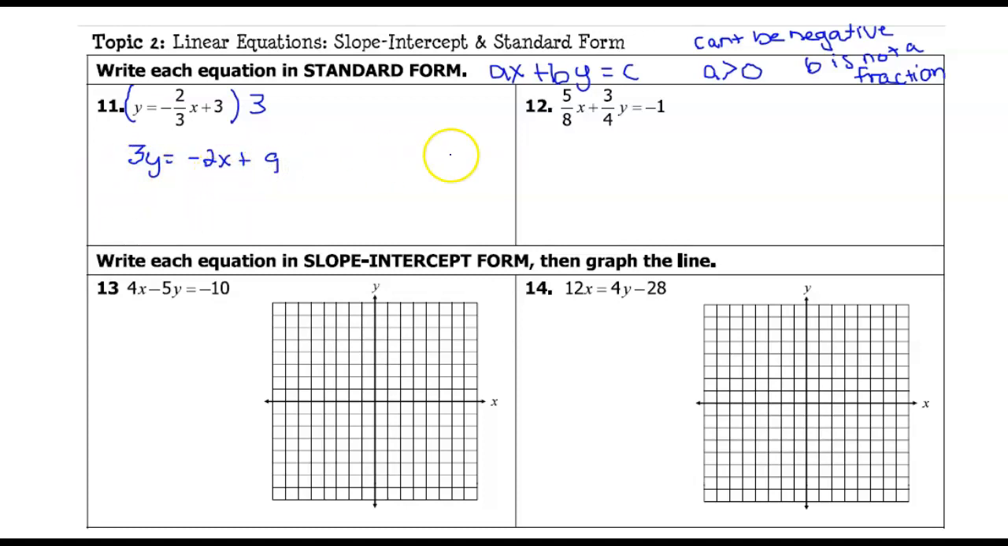Got rid of the fractions. Now I need to move my negative 2x over so I can have it in this ax plus by equals c form. So that means I'm going to add 2x to both sides. Now this is good. I got 2x plus 3y and it equals 9. This is in standard form. I'm good to go. Okay, good to go. The next one says